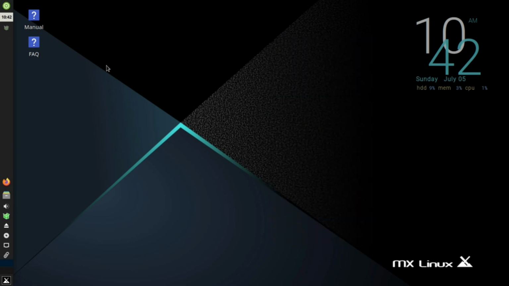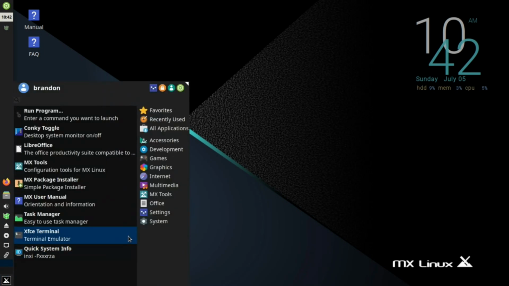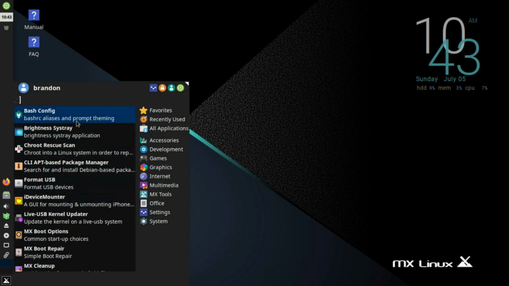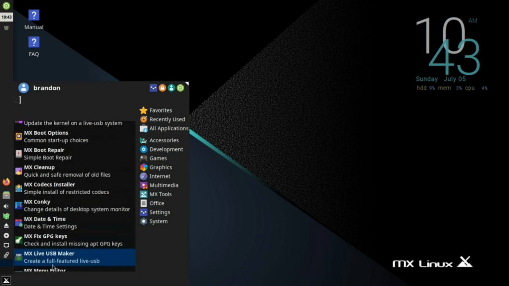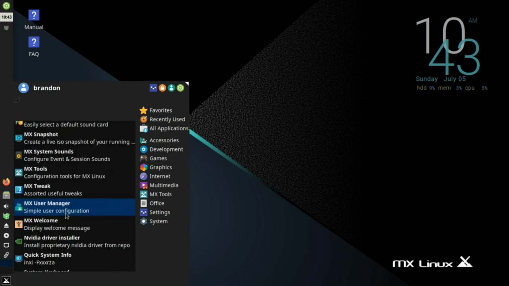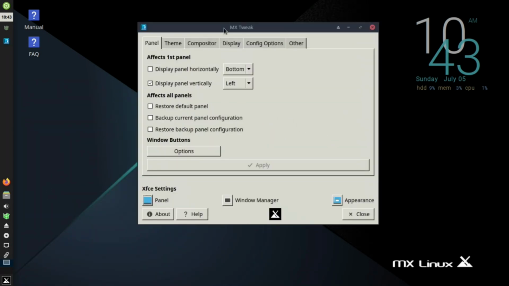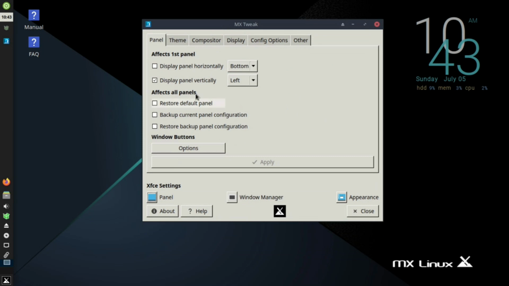The one thing that's really good about this is it's compatible with just about everything. It's Debian based, as I said. There's a lot of different Debian packages that just work out of the box on this machine, and that is beautiful. If I go back into the start menu here, you can see under the MX tools that there are a ton of different utilities and things you could do with this operating system right out of the gate. It has everything that you will need. For example, if I go MX tweak, it will open up a bunch of different tweaks and settings that I could go through out of the box.